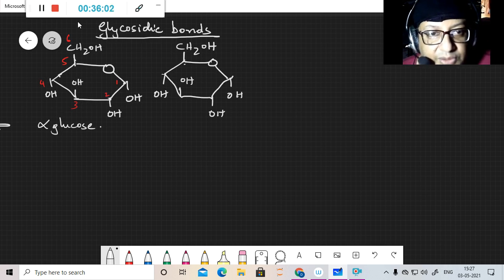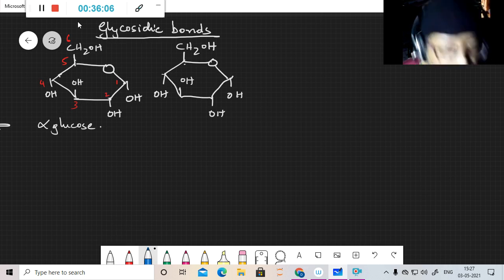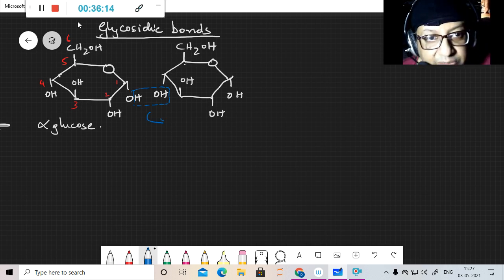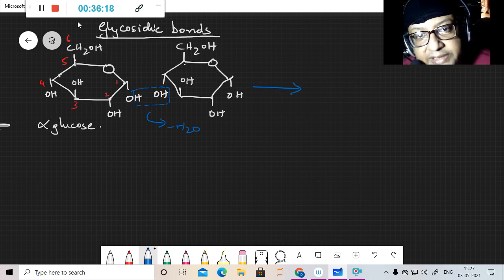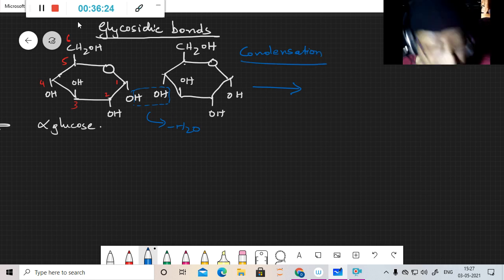So you have two molecules over here. Now a molecule of water is removed, and a condensation takes place. Water is removed, and what is formed over here is